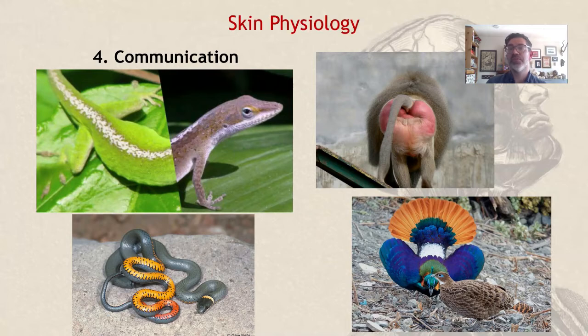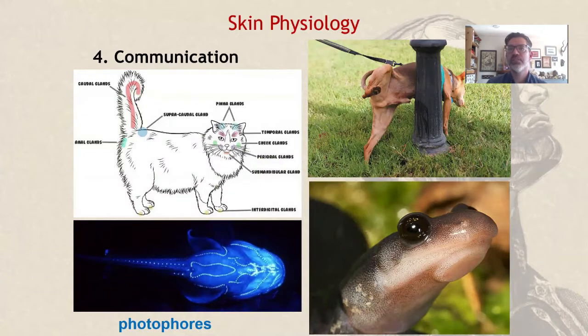Many animals show off their health with the bright color of their skin or feathers, using them as a form of sexual display. The red rear of a baboon is a signal that this animal is interested in mating. Other glands secrete pheromones, perfumes that may express ownership of property or sexual receptiveness. The glands can be found on the feet and face of many animals. For salamanders, they're on the chin.